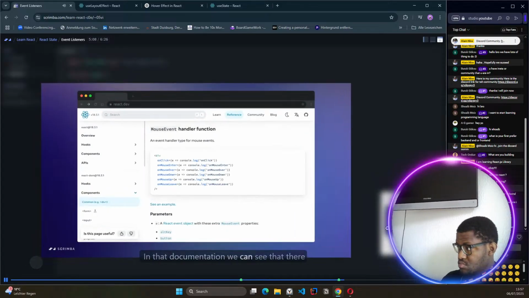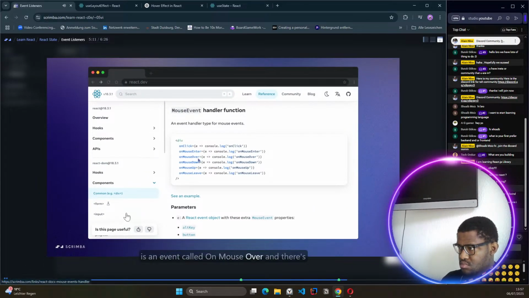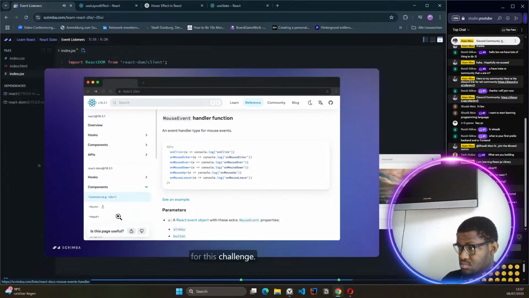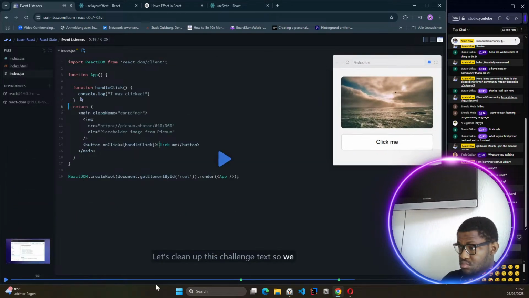In the documentation, we can see that there is an event called onMouseOver, and there's also onMouseEnter. Either of these would have worked just fine for this challenge. Let's clean up this challenge text so we